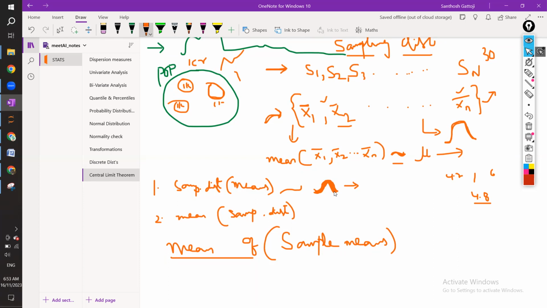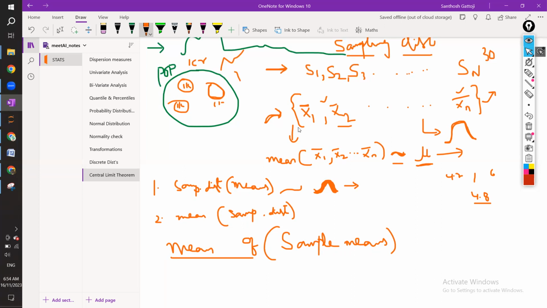which you have studied. Also, the mean of the sample distribution is approximating what? The population mean. That means, obviously, you cannot collect the overall population data and find out the mean. How will you get the actual population mean, mu? Collect the complete population data and divide by the count. We cannot do that, obviously. So it is saying that if you're not able to calculate the actual population mean,